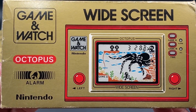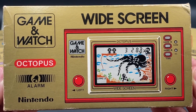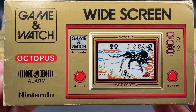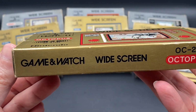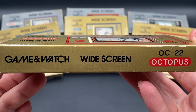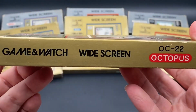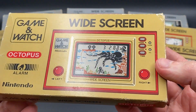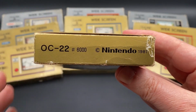Okay, so I'll show you what it looks like on the front. This is the front screen, of course, the front of the box, I guess. Now this is the widescreen series, the third Game & Watch series. Of course, the first ones were the ball ones, which I've already done, and then we had the gold series, and now we've got the widescreen series. Okay, so with the widescreen series, these Game & Watches were released,